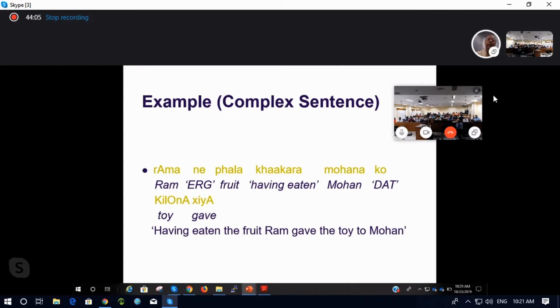Integer programming problem, we know how to solve it, and in this case it turns out that it runs quite fast, even though computationally it can be more complex, but it gives us the power to do all this. And when you take a complex sentence with more than one verb, so for example, phal khakar, having eaten, you do it in two phases. Phase one is where you satisfy the local dependencies, which means dependencies for each of the verbs, and in phase two you find connections connecting the different verbs together. So that's the basic idea, and let me now go back to